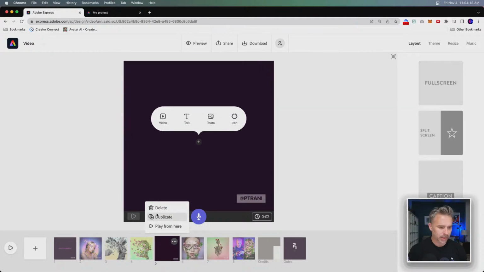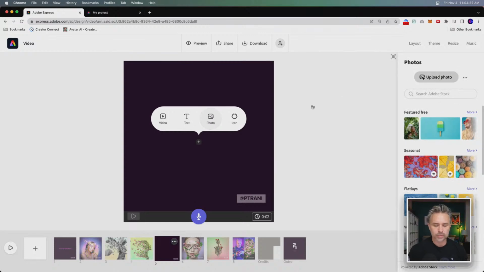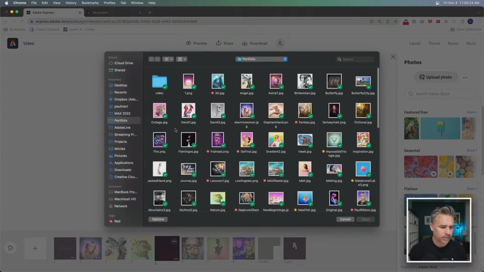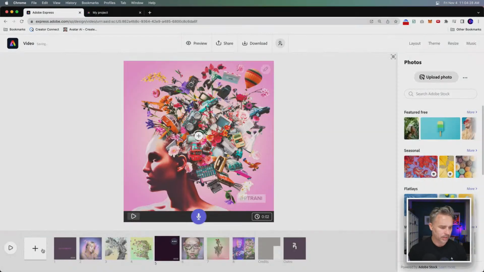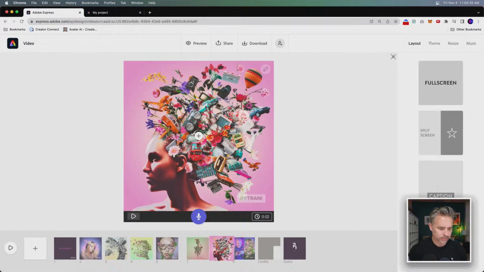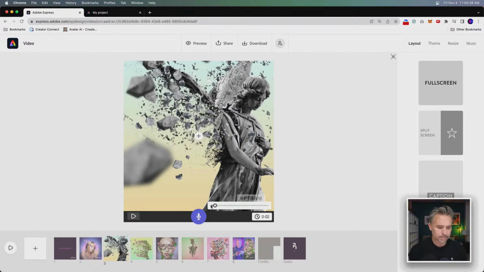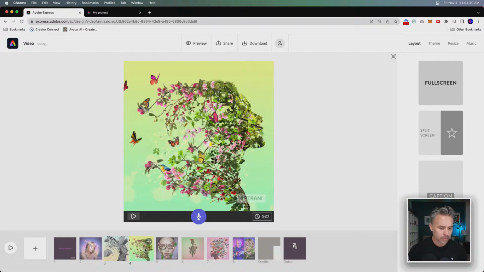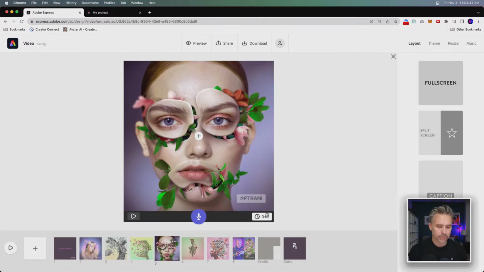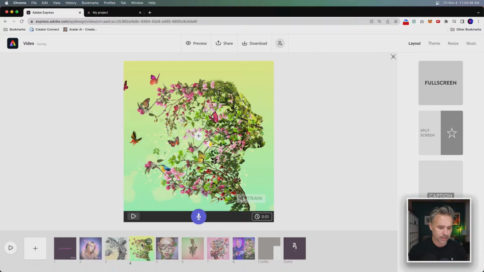Let's just jump back in here. We're going to add a couple more. Bear with me. We're building out a portfolio, like an animation of all of our still artwork. Adding a couple more pieces. And right in here, we will drop this down. Each is going to be about a second, so this is going to move through pretty quickly. But this is what we want, because we want this to only be 15 seconds long.